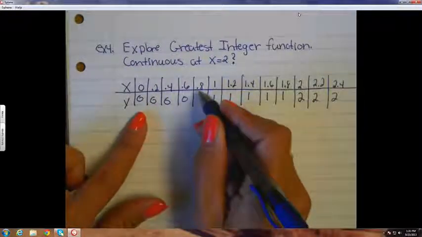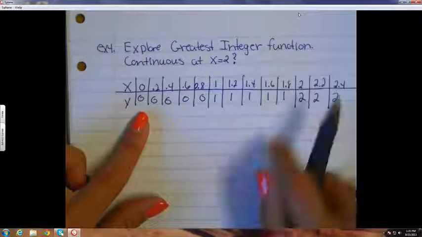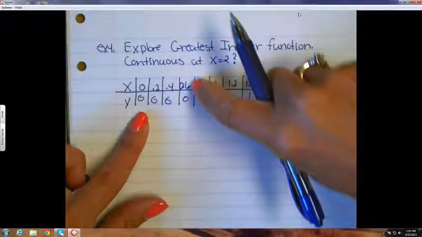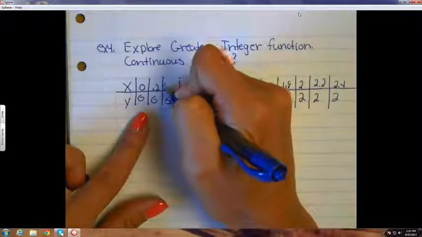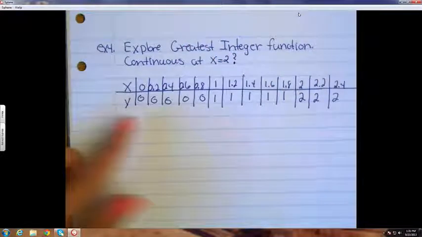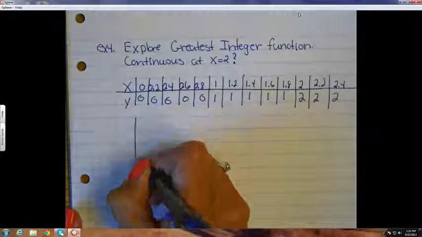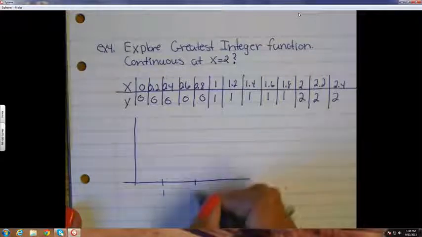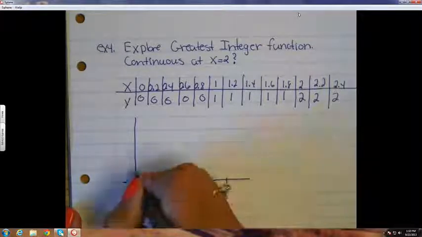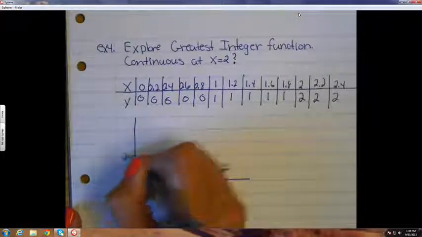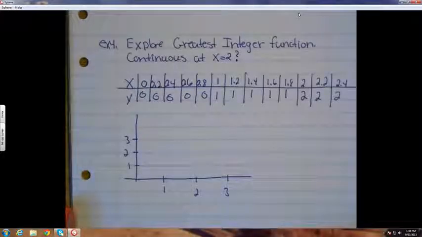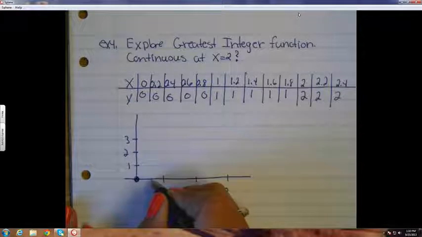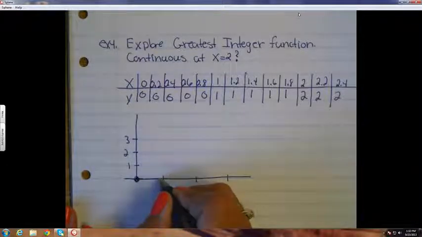So when you see these ones, it's 0.8, so the integer chops off the 0.8, and you get the 0. 0.6, the integer chops off the decimal. We just never write the 0 in front of the decimal. So when x is 0, it's 0. All of these ones in here got truncated to 0 until it got to 1. So there's a